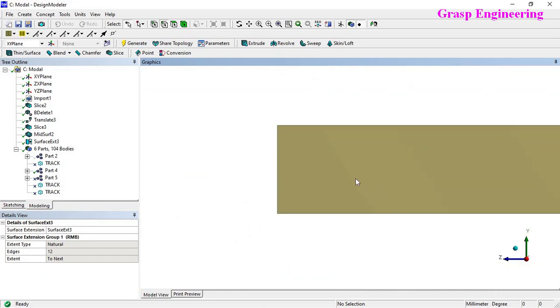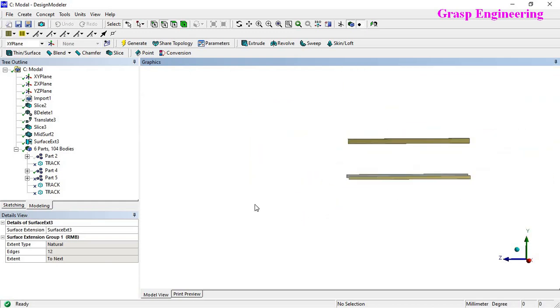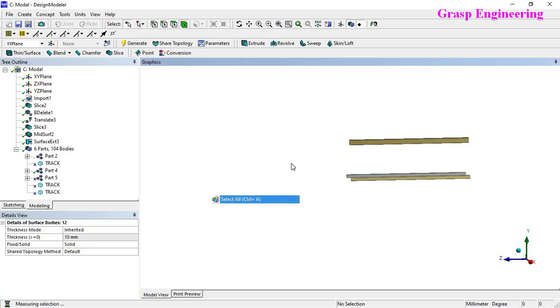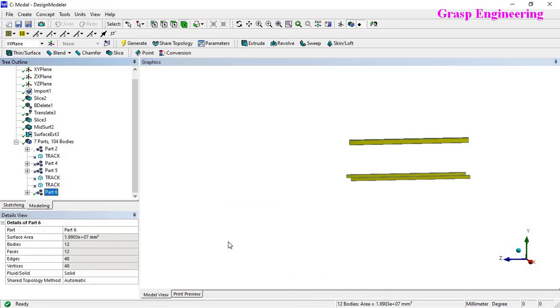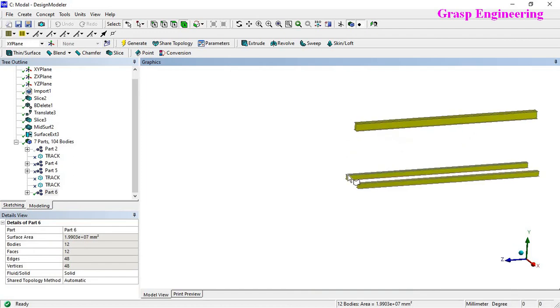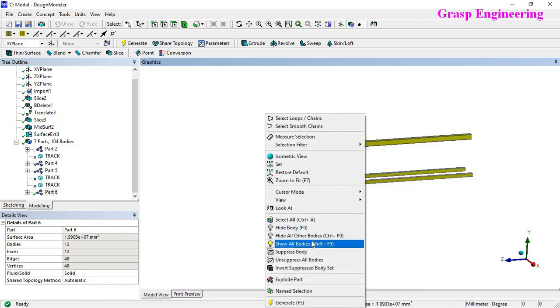Now you can see it has extended up to the next surfaces. Once it is done, select all of this, right click and form a new part. We are going to create the connectivity, so there is no need to give contacts for this.